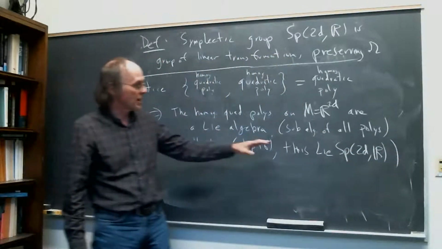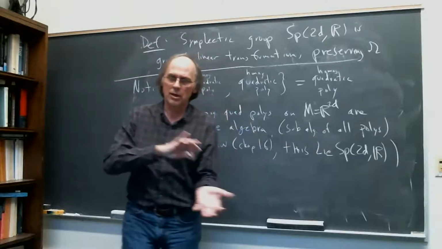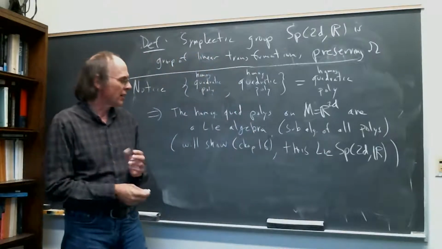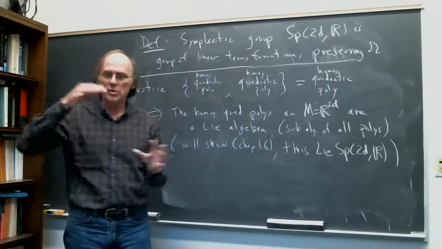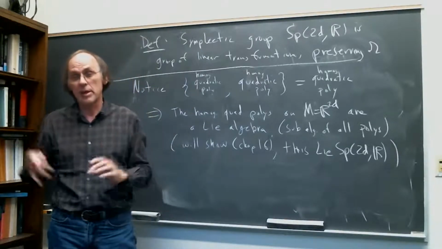So this is what I mean by saying that the symplectic group is a nonlinear group of 2D by 2D matrices. It's a group of 2D by 2D matrices